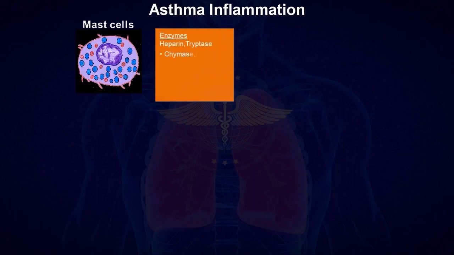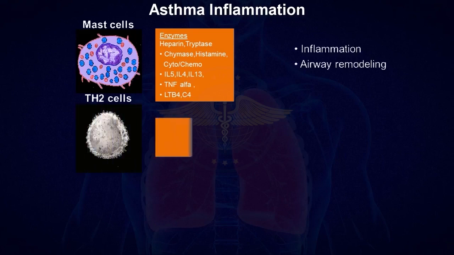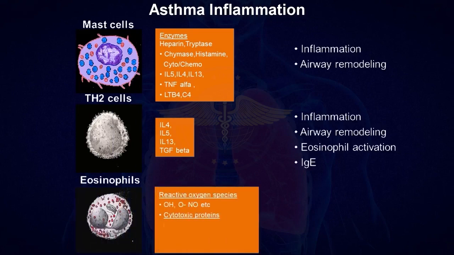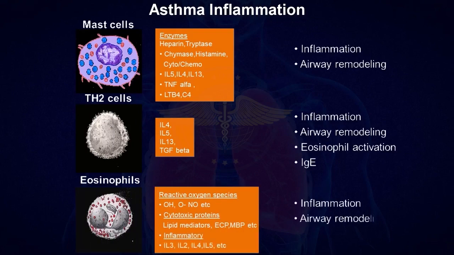There are a lot of inflammatory mediators and markers and cells that are implicated in the inflammation of asthma. The eosinophils, the Th2 type of cells, the mast cells, their role has been researched and identified over a period of time, and now we believe that it's the Th2 type of immunity which is responsible, and it gives rise to different types of inflammatory mediators and markers that I have enlisted over here. But I would like to draw your attention to the fact that leukotrienes are only one small part of this